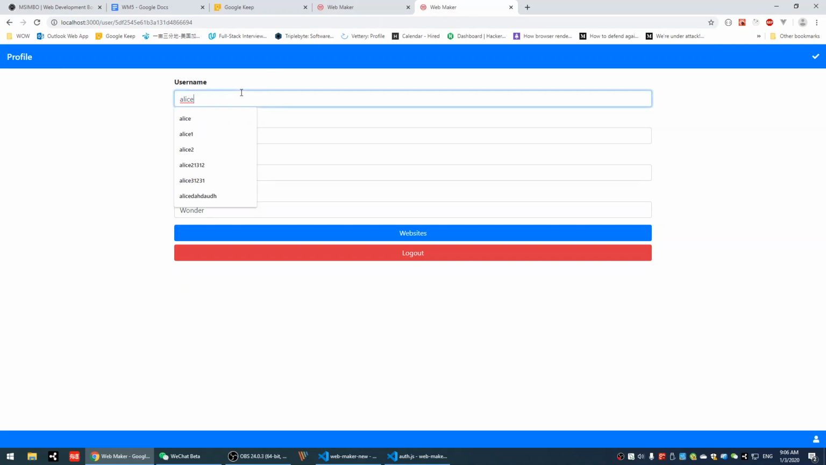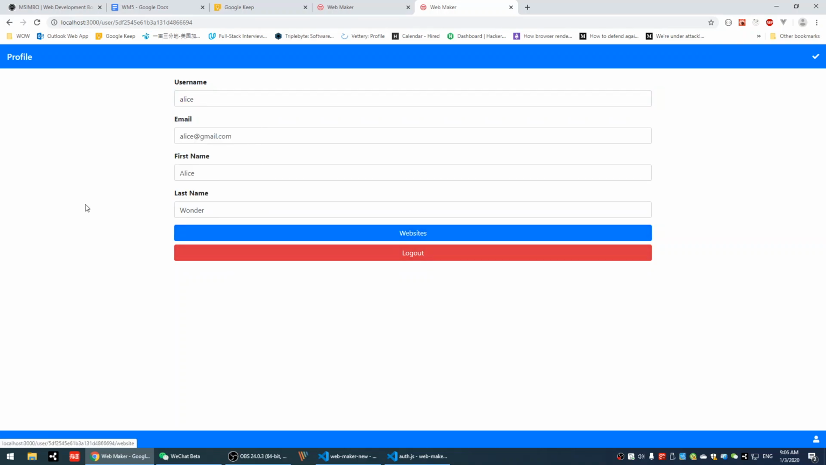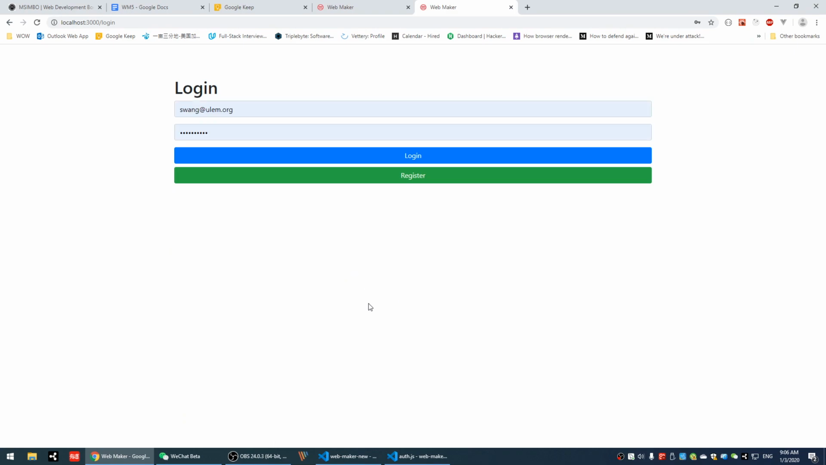We should only allow the user to get into the profile after they log in. If not, we shouldn't allow them to go to the profile, right? So we cannot guarantee that the ID is not known by others. So it's something we're going to fix, and the way we're going to do it